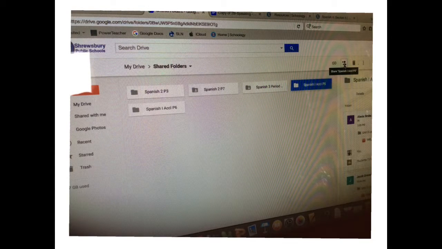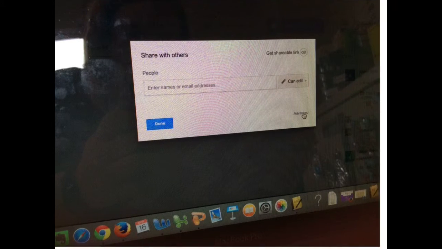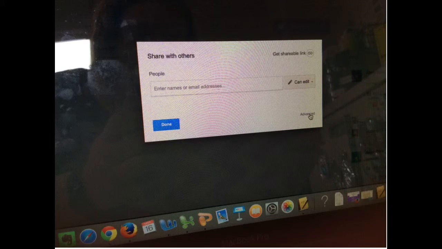I find it easiest to use my computer for this because there's more options than on the mobile version. Now, when you add the students, you can have an option that they can edit. This is important because it allows them to add their files into the folder. But what I like to do is after the deadline has passed, I go back and click Advance because then I can change it to Can View Only, save my changes, and then I ask students that were late to share it with me. Then I can keep track of who was on time and who was a little bit